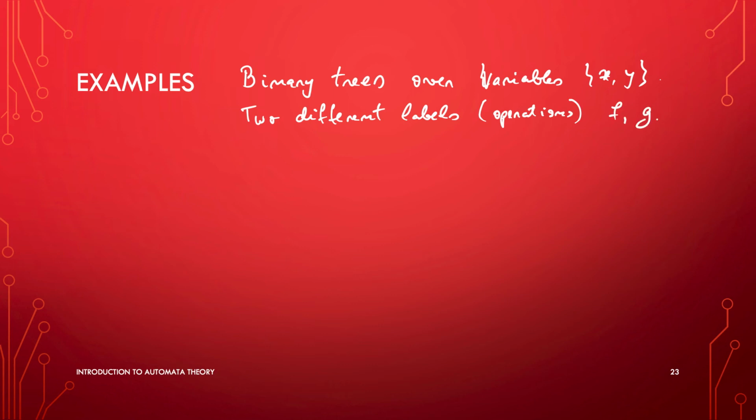And again, this is not a restriction. You could have more labels, more operations to have a wider expressive power over these binary trees. But the set of binary trees denoted, let's say 3,